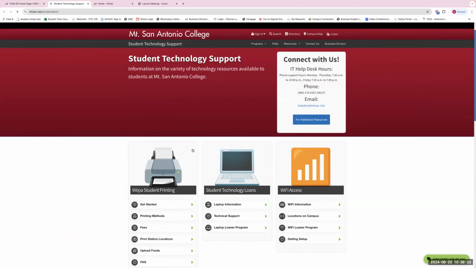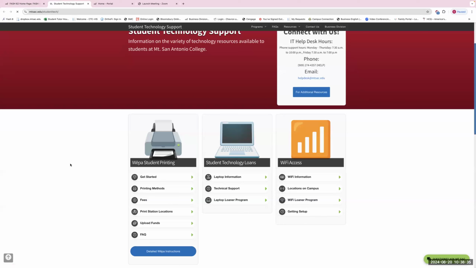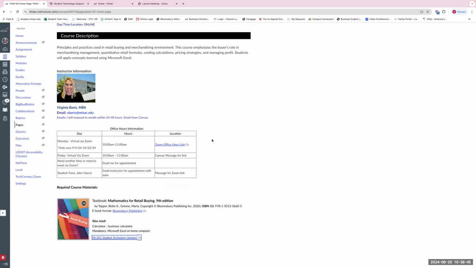Here is where you can link if you need help with laptops or technical support, like Wi-Fi access, all of that stuff, because you absolutely need to have Microsoft Excel on your home computer, or you can have Microsoft Excel for a Mac, but you cannot use the Google Excel version or the Mac Excel version. It absolutely has to be traditional Microsoft Excel. So do keep that in mind. You are going to need it week 1. You're going to need the textbook week 1.